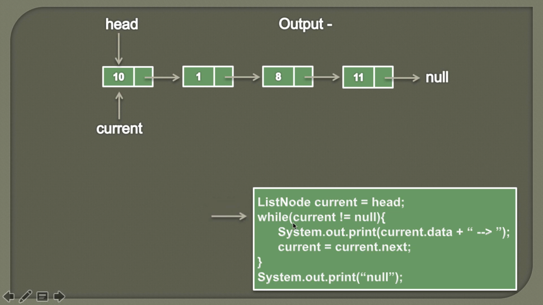Now in this algorithm we encounter a while loop, and in the while loop we place a condition of whether current is equal to null or not. So why do we put this condition? Because once current is equal to null, we come to know that we have traversed the list completely. So therefore we come to know that there are no more elements left to be traversed. Initially, as current is pointing to this first node, we know that it is not null. So therefore the condition in the while loop comes out to be true, and the code inside the while loop executes.